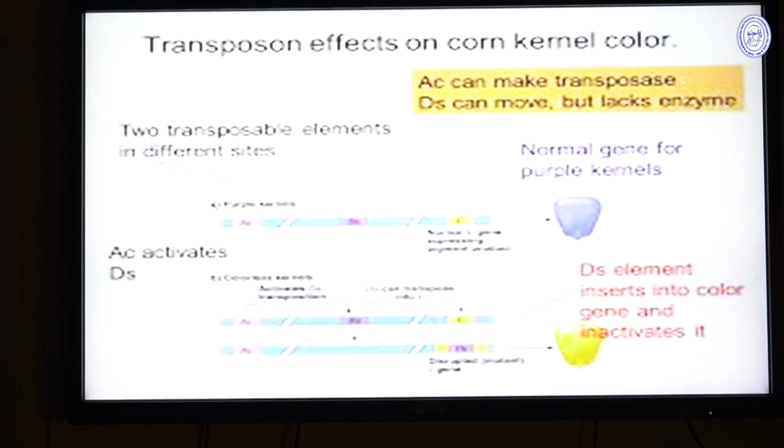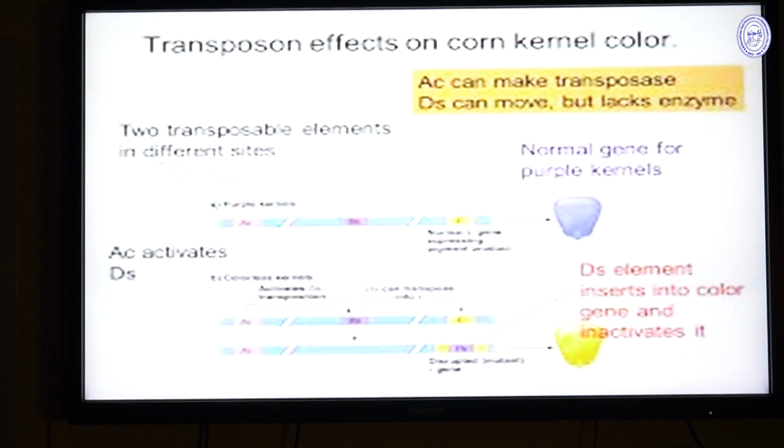What she found is that there was a gene, which can be termed capital C, which was responsible for producing purple colored kernels in the corn seeds. When it was dominant, the gene was expressed and it produced a purple colored kernel in the corn seeds. Opposite to that, when there was the recessive factor, that means the gene was not dominant, the corn seed carried a white colored kernel. That means there was no coloration.